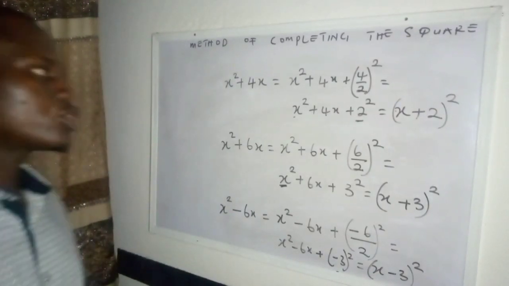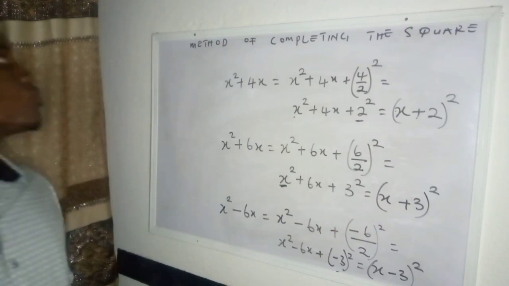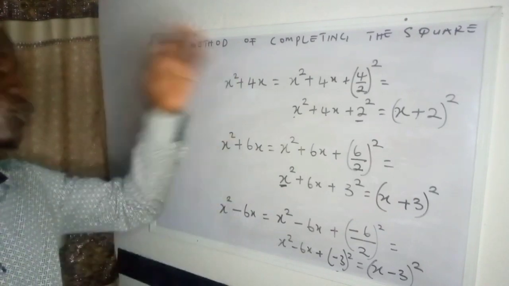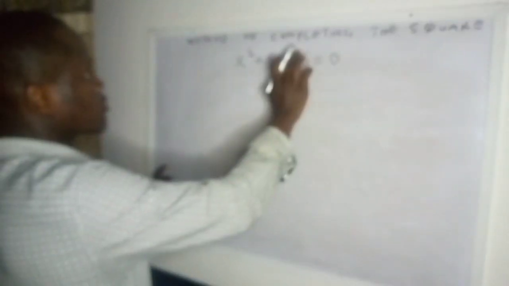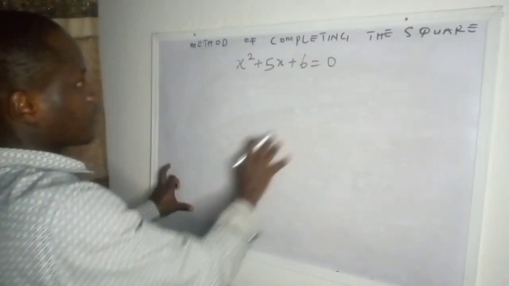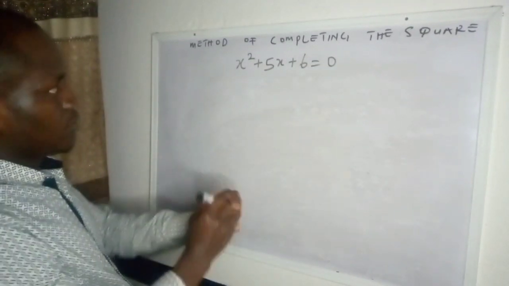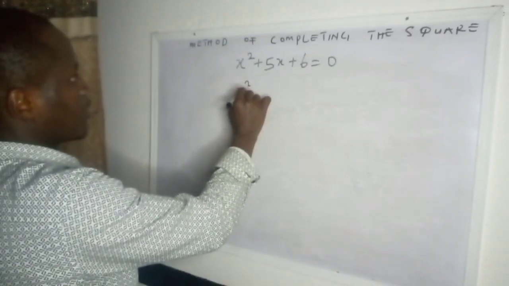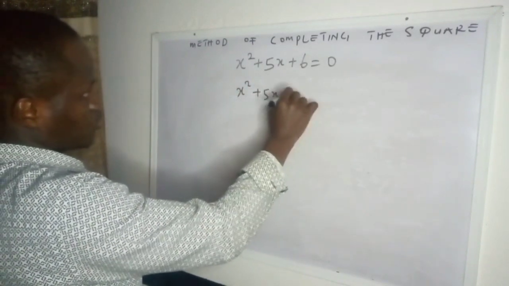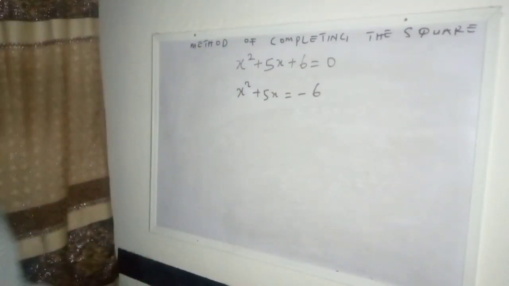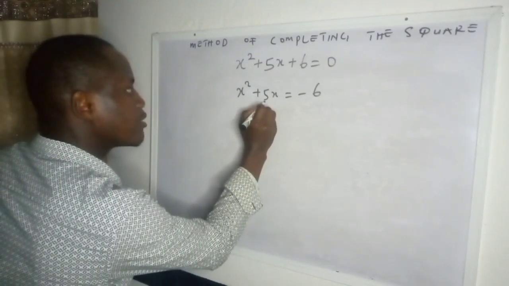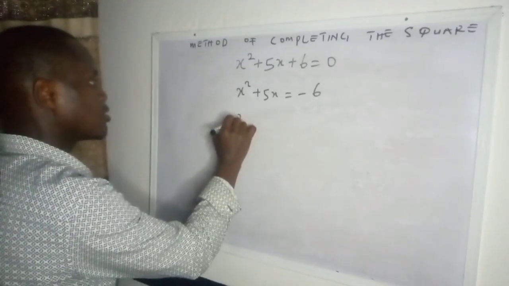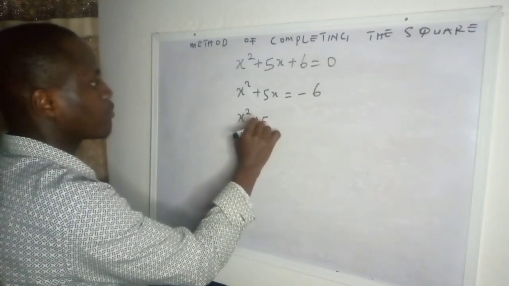So this is the approach we take when solving a quadratic equation using the method of completing the square. Now let's solve this simple example. I'm going to take this to the other side of the equation, leaving terms with x. So I'm going to have x squared plus 5x equal to minus 6. To make the left hand side a perfect square, I'm going to add half the square of this coefficient to both sides. So I'm going to have x squared plus 5x